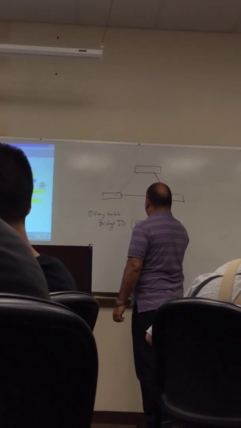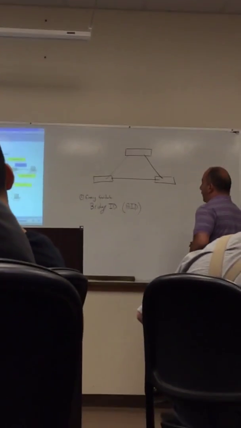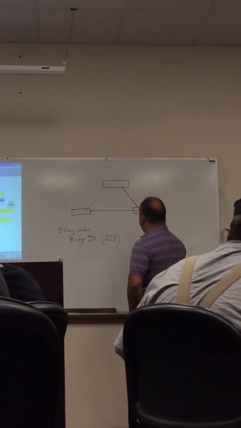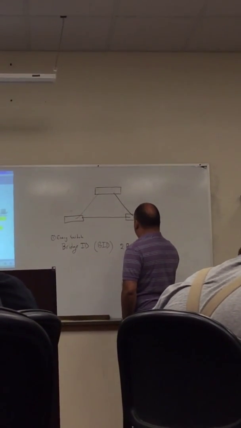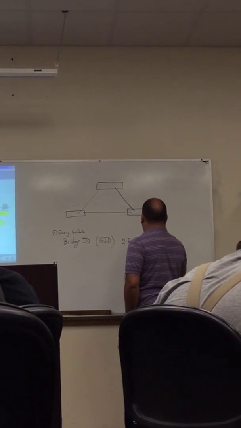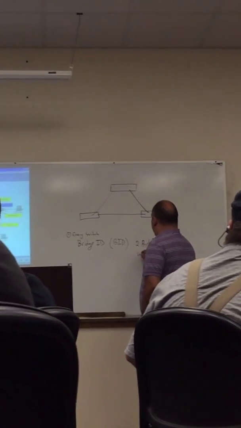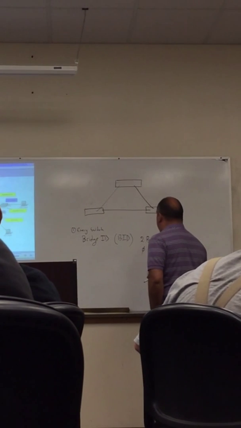So this is the BID here, in this case. The bridge ID is 2 bytes, so it's 16 bits. So it can go anywhere from 0,